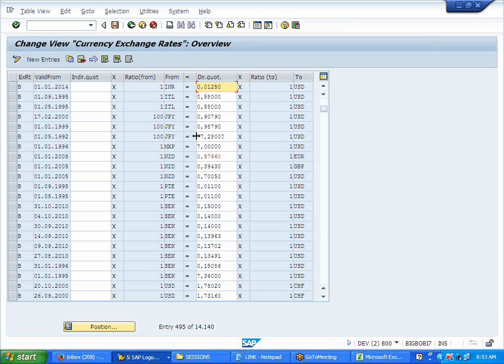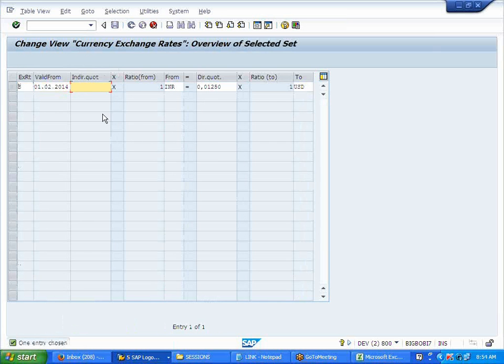You can maintain either one, you can't maintain both. It will throw an error if you want to maintain both here. He's saying just maintain new entries with direct and indirect also, so one more line. What is the rate you want to maintain? 80, we already gave that. Then 85, I will maintain.